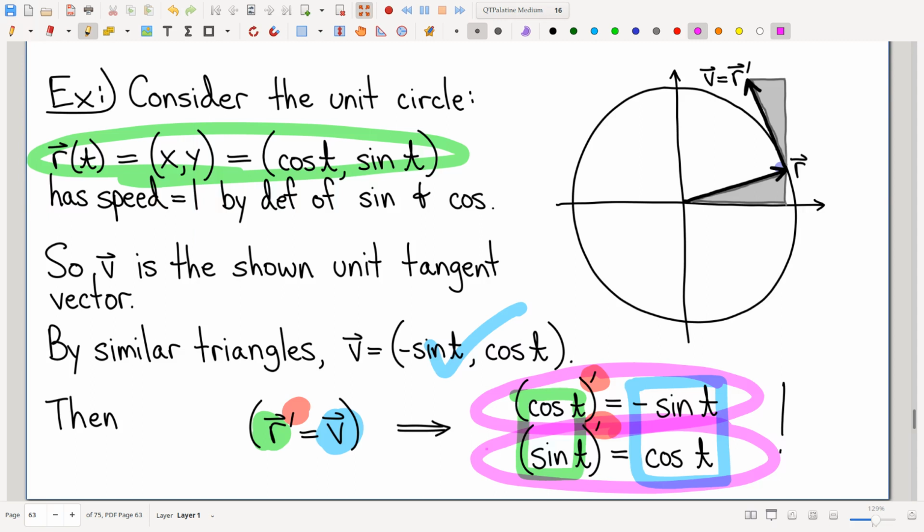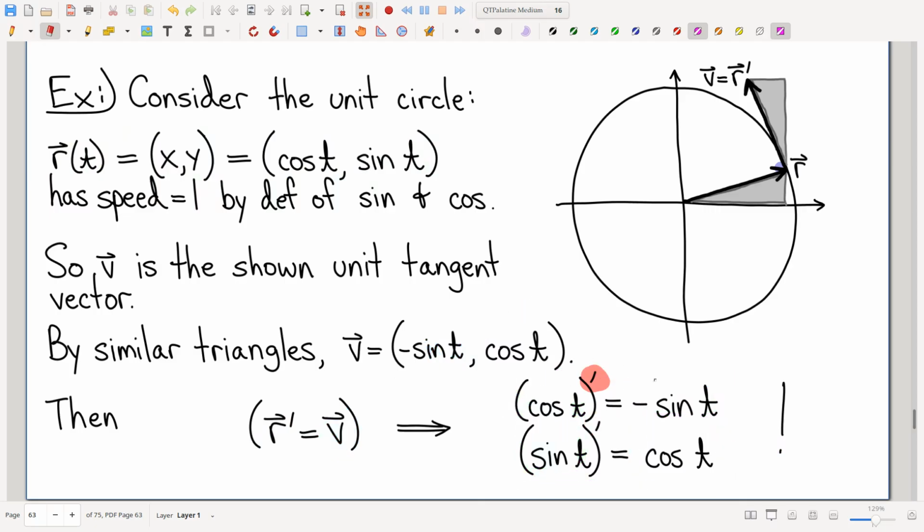We have shown, no fancy arguments in single variable calculus, where you look at the limit and there's a detailed argument that shows that the derivative of sine is cosine and so on. Here we have a purely geometric argument that shows that the derivatives of cosine and sine are what we knew from Calc 1 that they are. I think that's fabulous, right? So, a much easier way to show what the derivatives of sine and cosine are, just by knowing that derivatives are velocities and applying that appropriately to this circumstance.